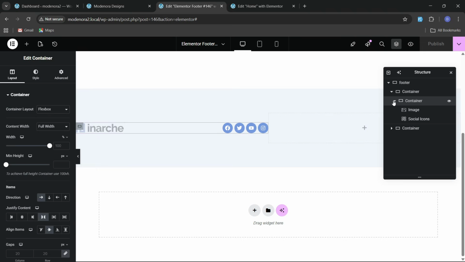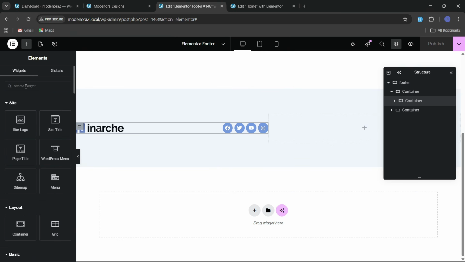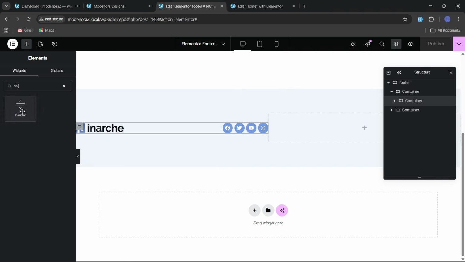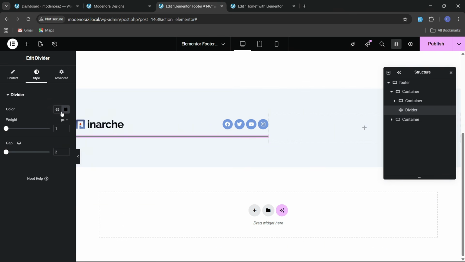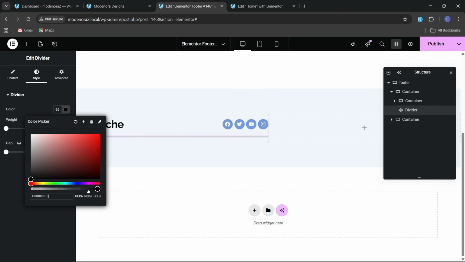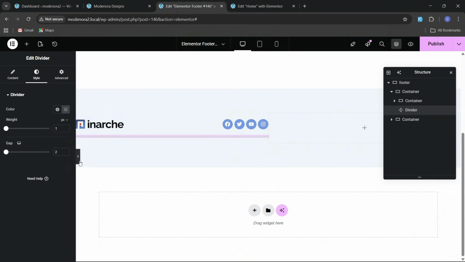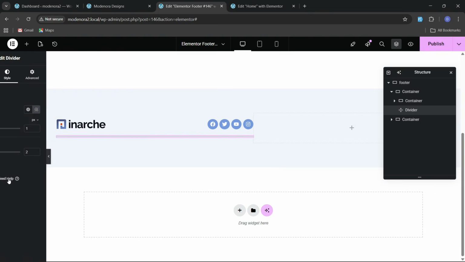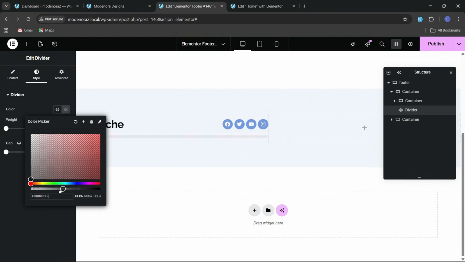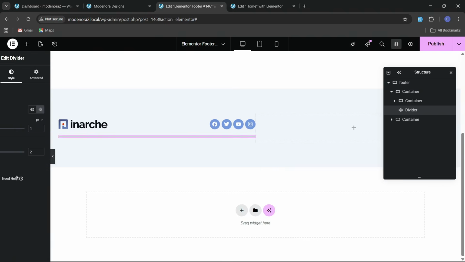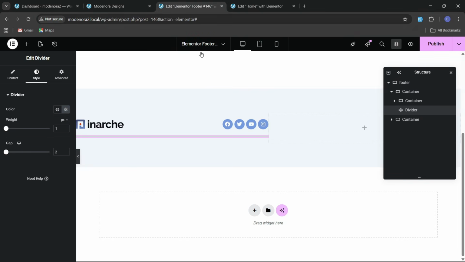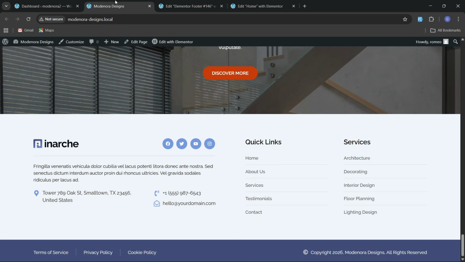Okay, now you can see we have to add a divider. So let's add the divider here. Okay, and here you can see we can make this like this. Okay, and here also we can make this like this. Okay, you can just adjust the colors. Okay, now you can see